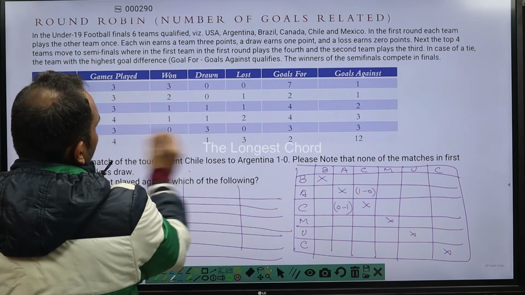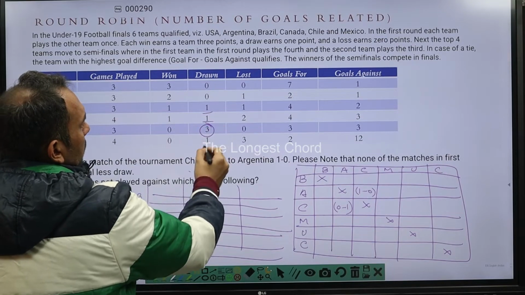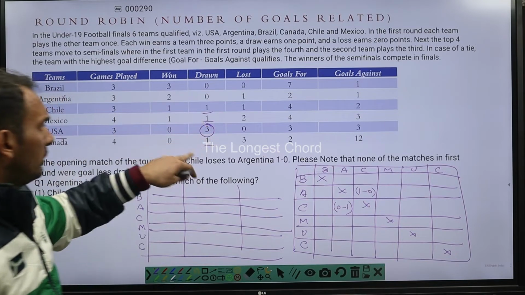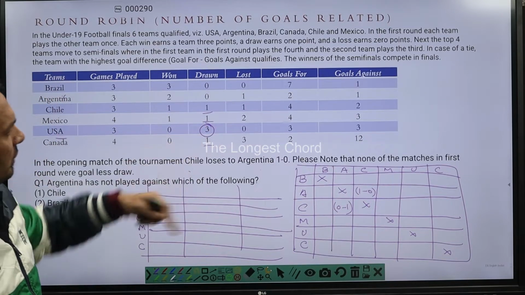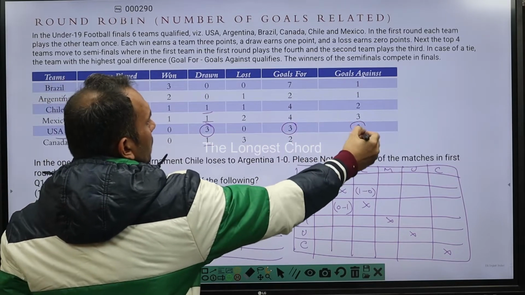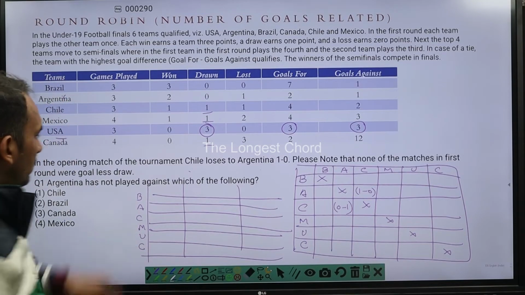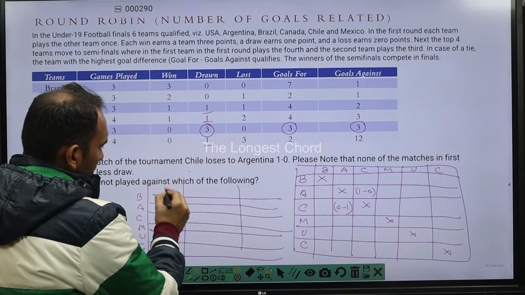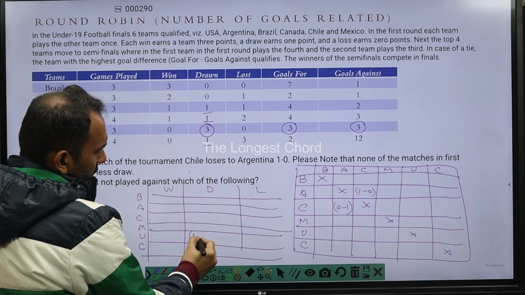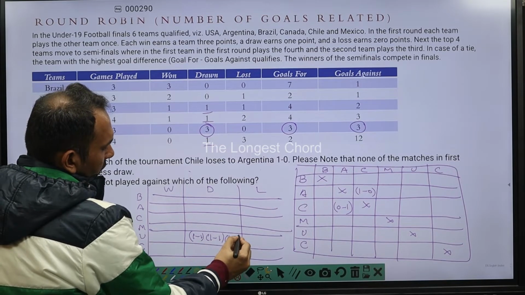This team USA has played 3 rounds and there are only these 3 draws. So obviously 1-1-1. It must have played 3 draws with these 3 teams. Now if there is no goalless draw and there are only 3 goals scored like this, then we can definitely say that for USA, all the matches must be 1-1, 1-1 and 1-1. Can we say this?